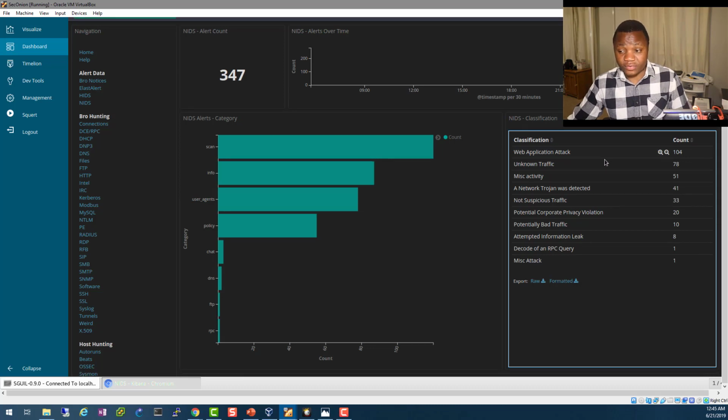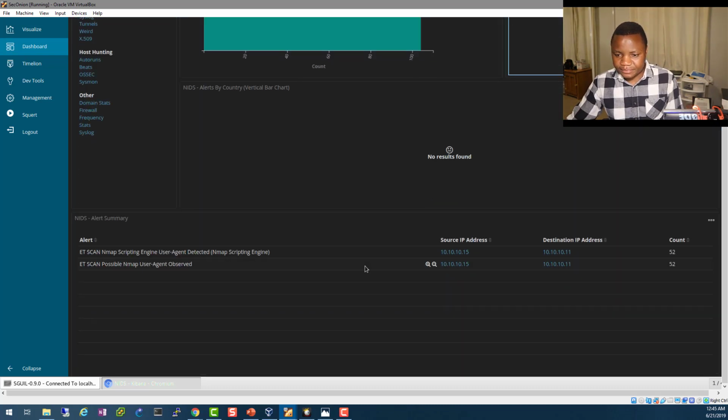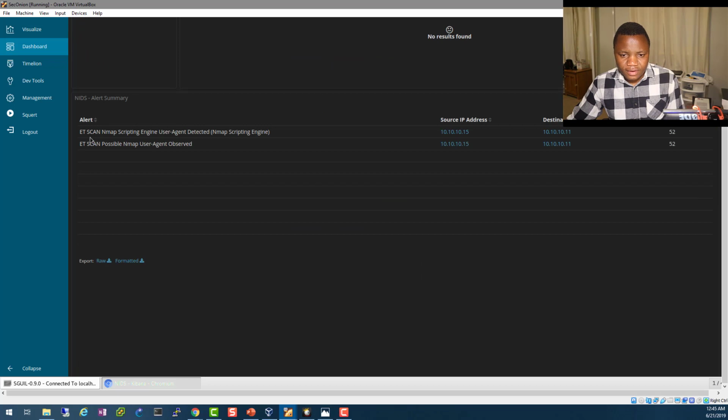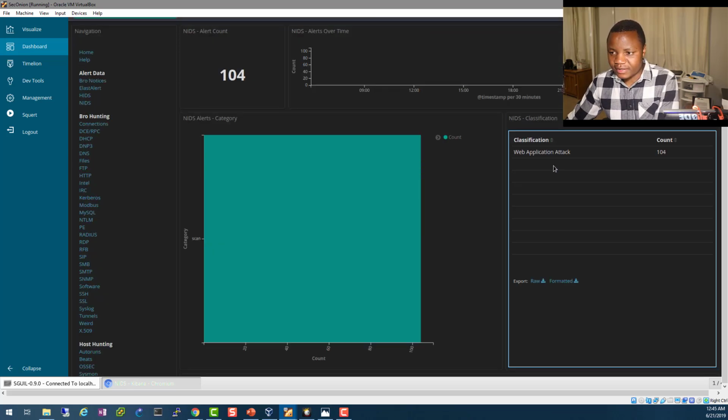What is going on really in the network? Why do I have this classification? So if I go down, okay, it says scripting engine nmap attack, as you can see. So I know that this is my Kali Linux and this is my Metasploitable. That's what triggered this